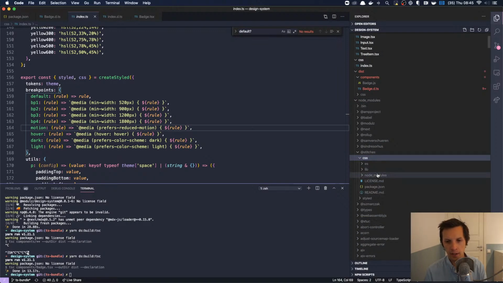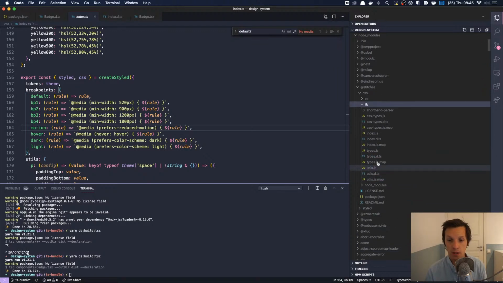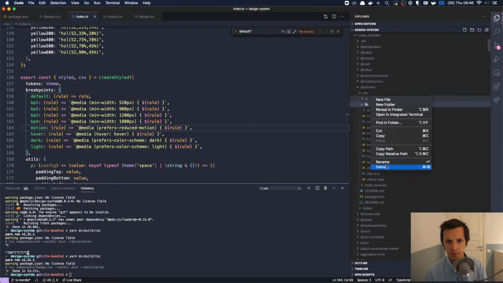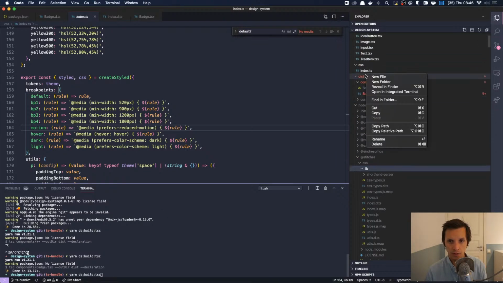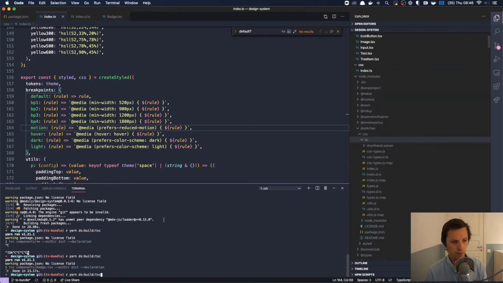I've been playing around with TypeScript for a long time, but there are still so many questions about how it actually works. Well, one thing we're going to do, we're going to delete this ES folder so that we're certain we're only using one set of typing here. Let's do that first. Delete this, and then we'll build it again.